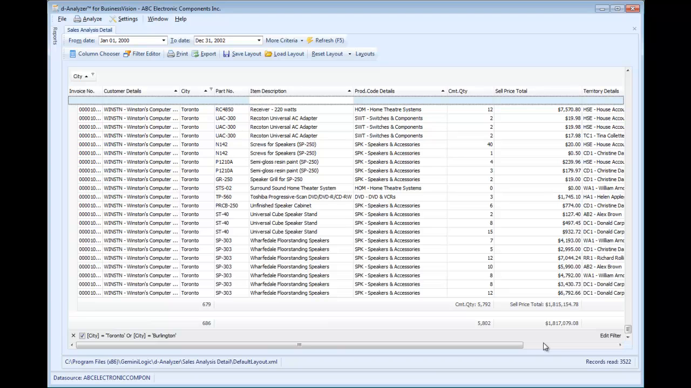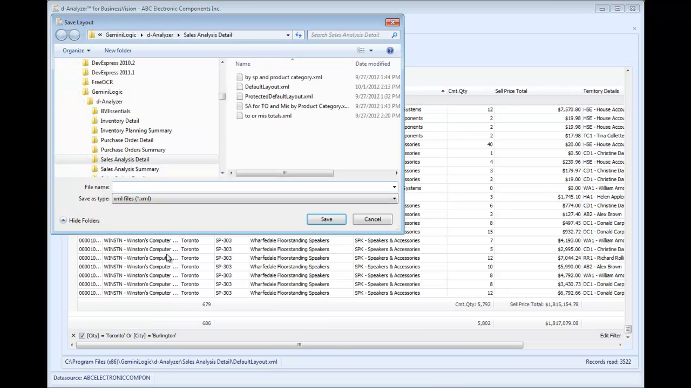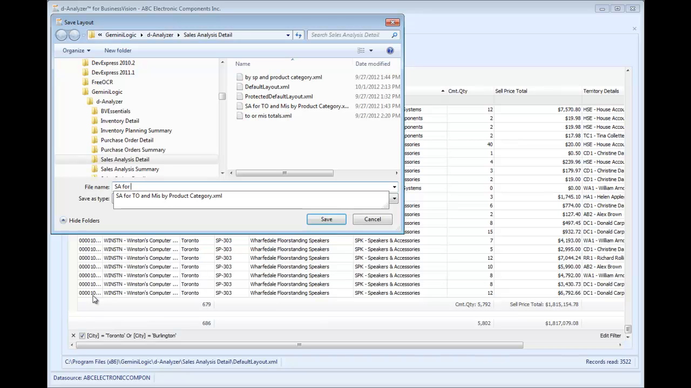One question you might ask is, well, if you've done all this work, designing how you want this thing to look and the filters you want to apply, can you use that? And the answer is yes, you can. Just save these things as layouts. So I can say here, for example, that this is going to be my SA report for